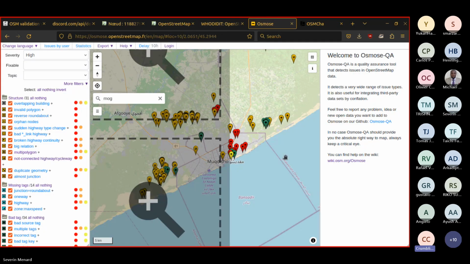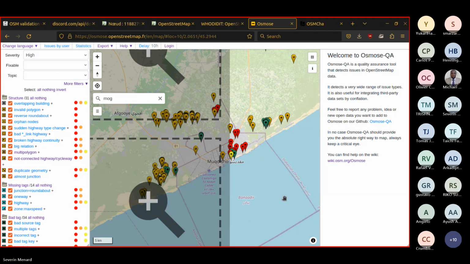Well, I guess just to clarify a little bit, what I mean is, let's say that you have a project. If we were today to open a new project with UN mappers, for instance, to map a new area that hasn't been mapped before, how does Osmose or tools like it react to that? Would it see all of the new edits and display them? Oh yeah, sure. No, yeah, sure.